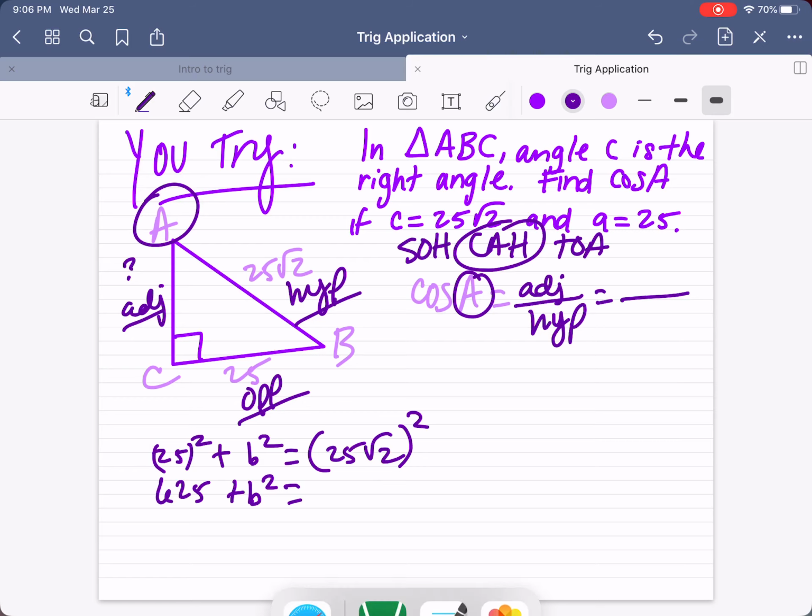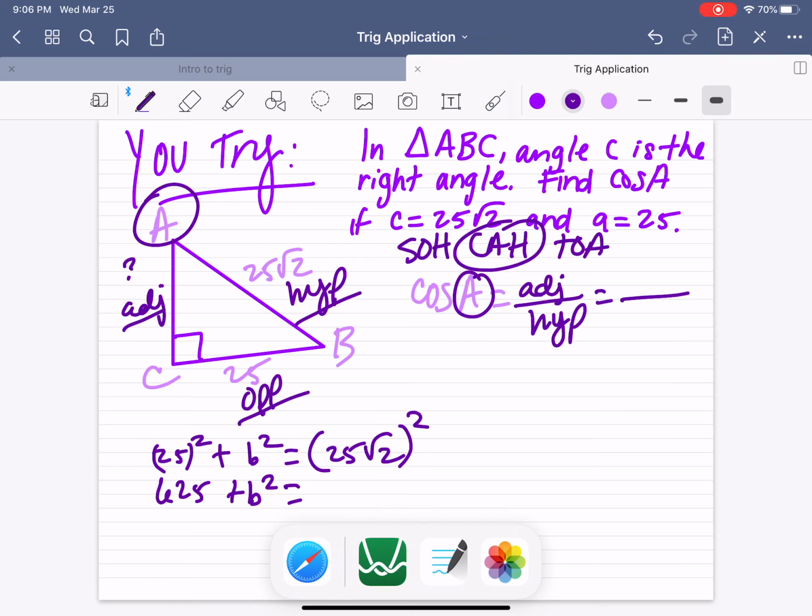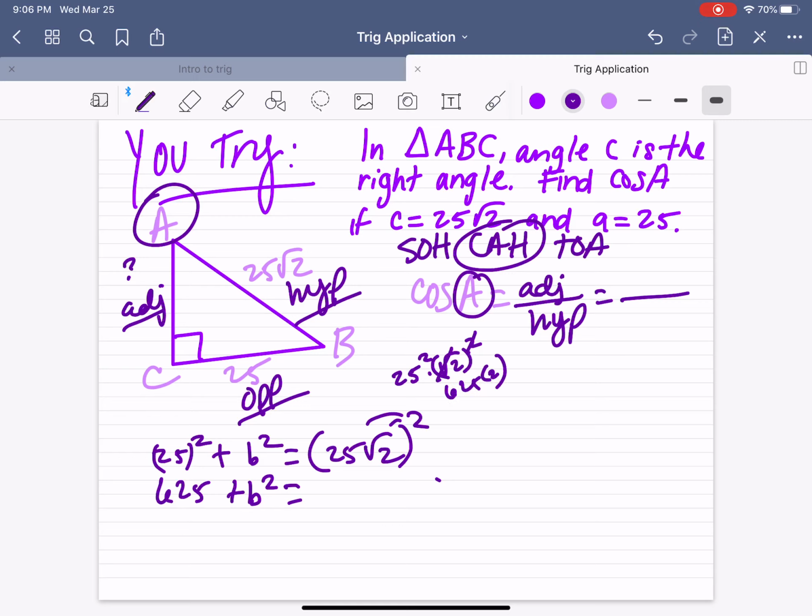25. We should be able to do this without a calculator. Let me try. So we're going to distribute that squared to both of those. You get 25 squared times square root of 2 squared. Of course, you know that the square root cancels out with the squared, leaving you with 25 squared, which is 625 times 2, which is,